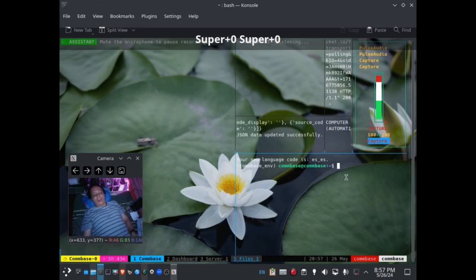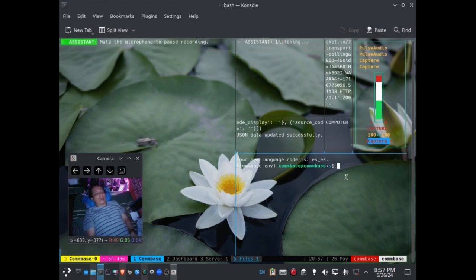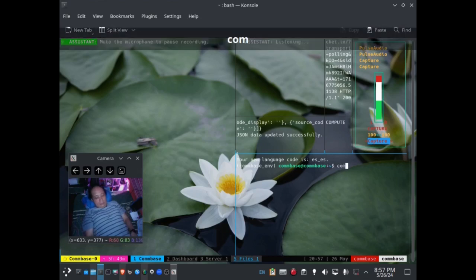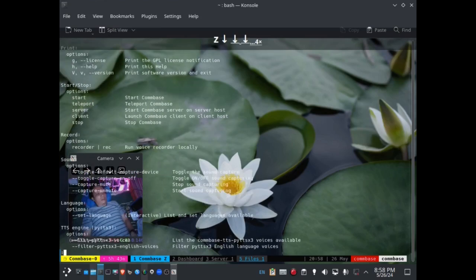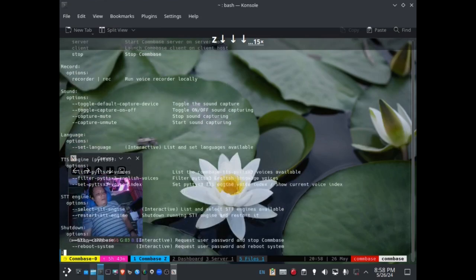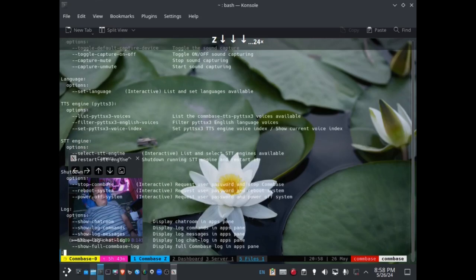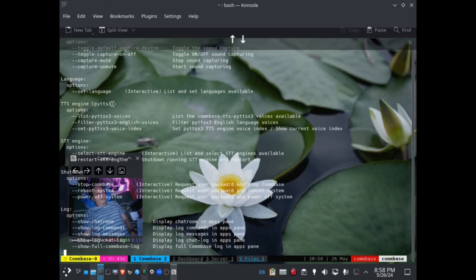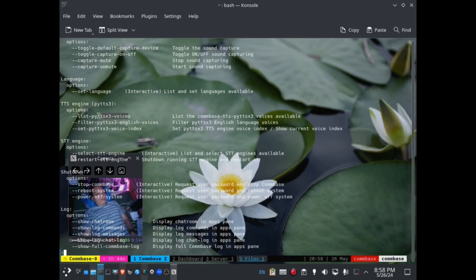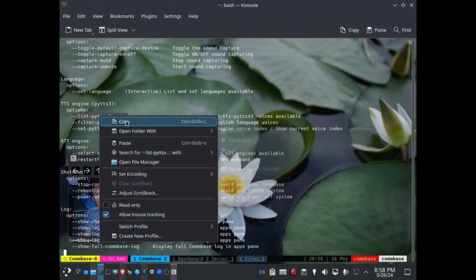right? Now to test it, I'm going to look for an option that I don't remember. It is base H, right? So I can zoom, and here under TTS engine, Python TTS 3, the default TTS engine, I have list Python voices, or PyTTS voices, right?